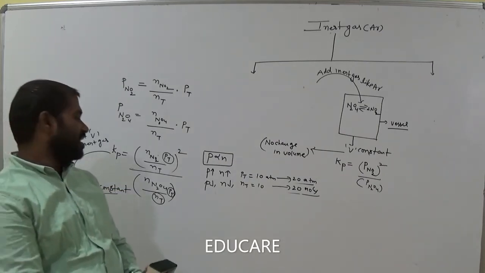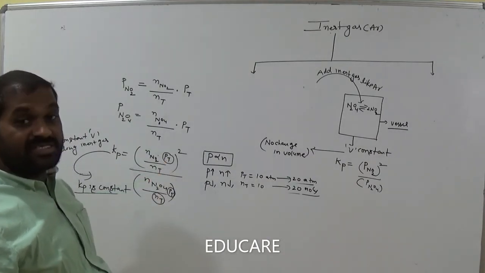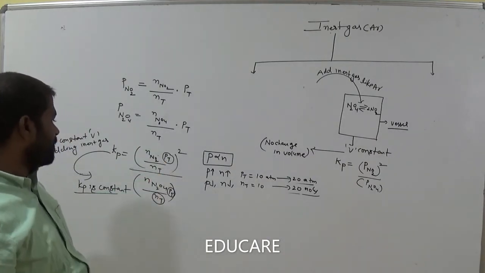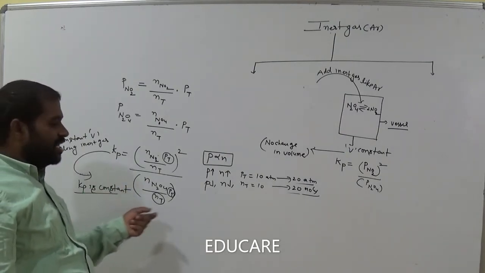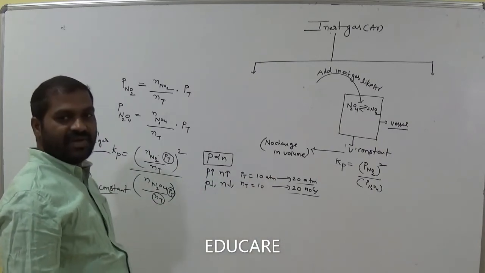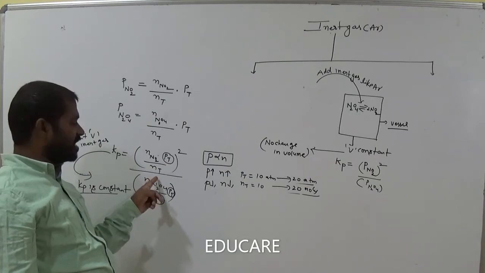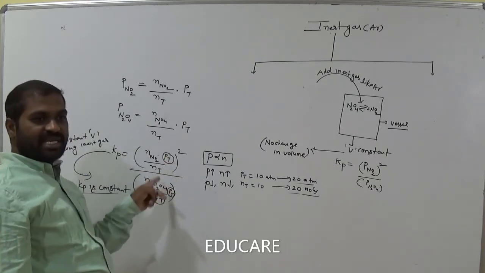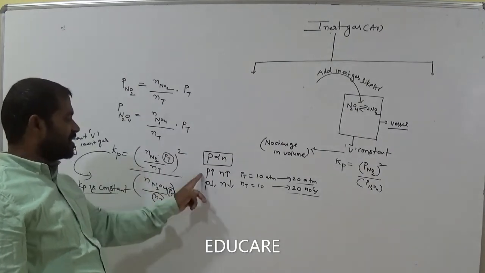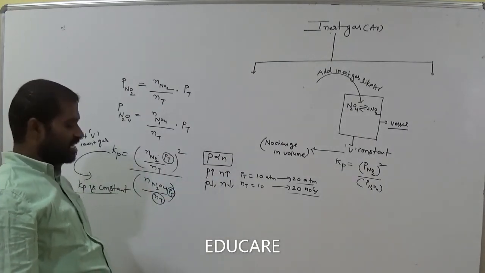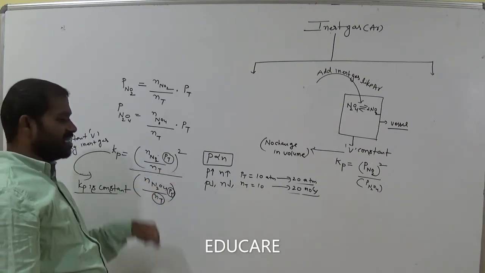Why? Because here it is related to pressure and number of moles, and the volume is constant, am I right? There is no change in the Kp value even if you increase or decrease these values. Why? Because one is present at the numerator, another at the denominator. If you make any change here, both are cancelled or not? The same changes take place, because if pressure increases, the number of moles also increases, and if pressure decreases, the number of moles also decreases.